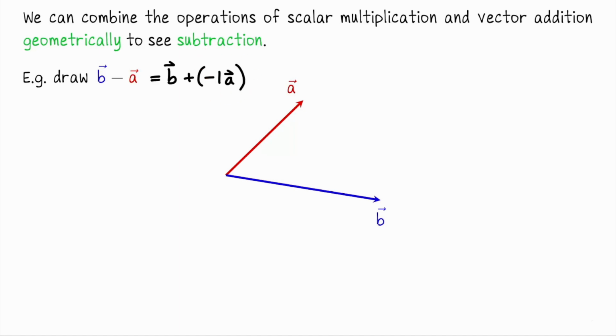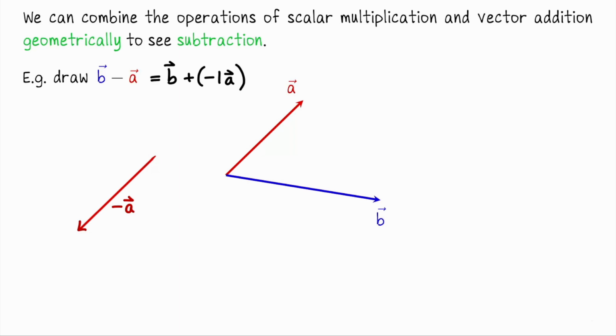Okay, so what is -1 times A? Well, the absolute value of -1 is just 1. So that vector will have the same length as A, but because the scalar -1 is negative, it's going to point in the opposite direction compared to the original vector A. Okay, so if this is my original vector A, I've just copied it over to the left. What we're going to do is just flip it so that it points in the opposite direction. This vector is now -1 times A, or we can just write -A.